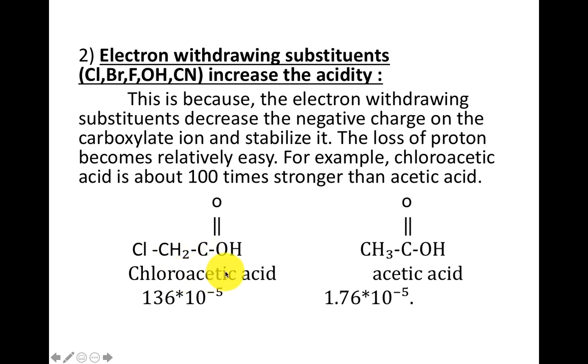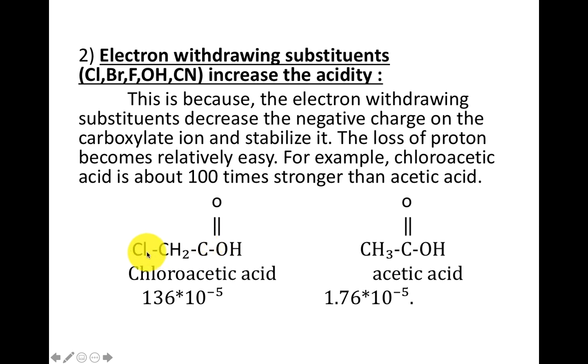So, what happens? This chloroacetic acid can easily lose the proton, right? Because see, this double bond O should be present here, but because of a typographical issue while uploading the video, these bonds are getting shifted. Please note that this is C double bond OH. So, in order to lose this proton, this carbon must be positive in charge, so that only it can accept the electrons from the hydrogen.